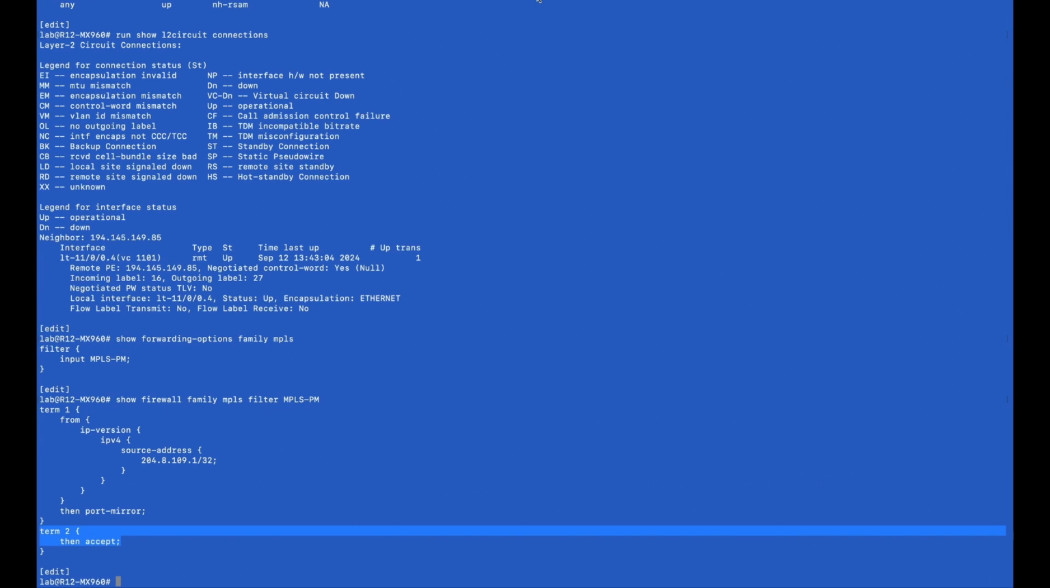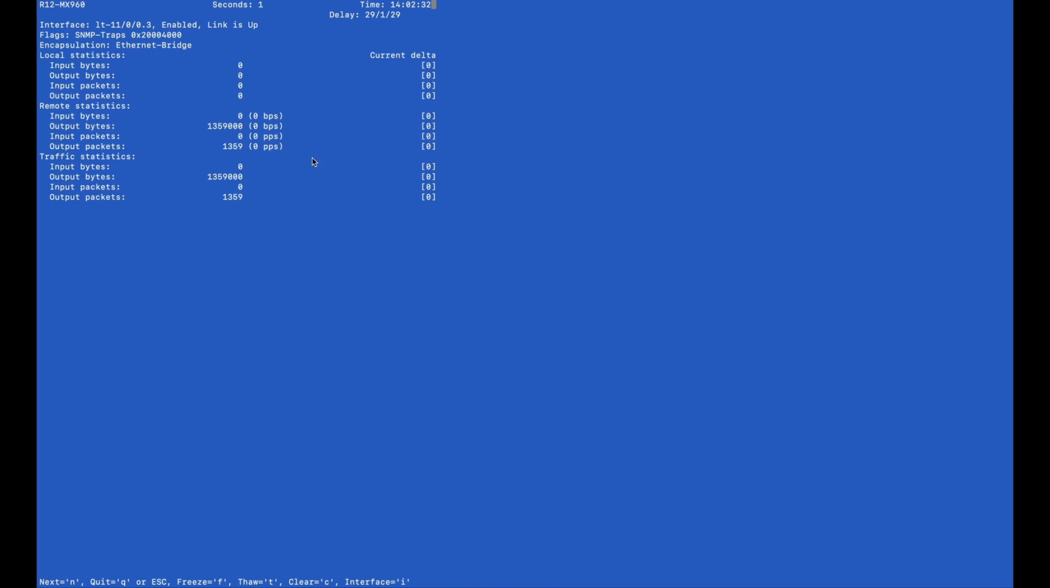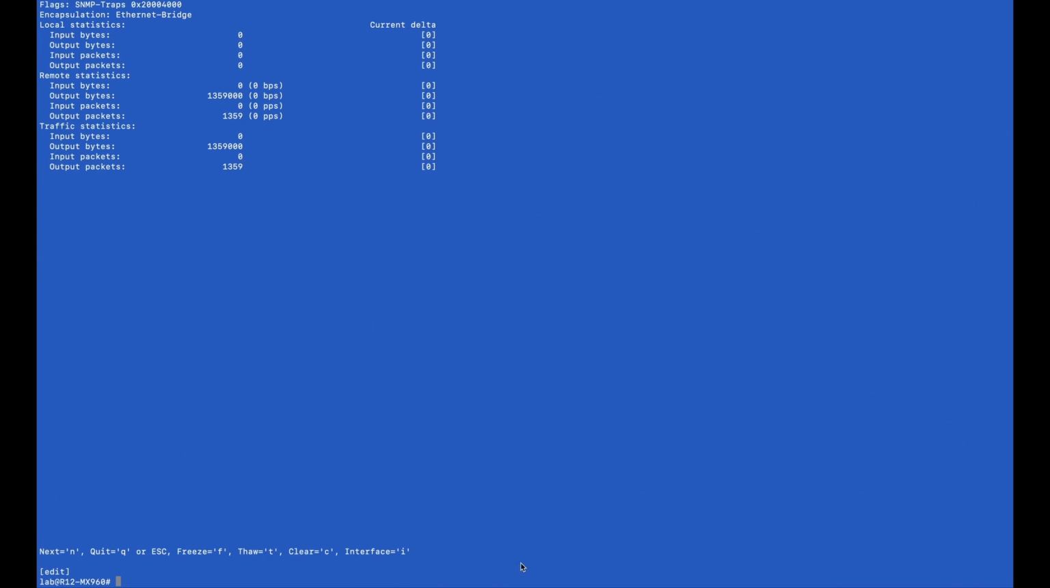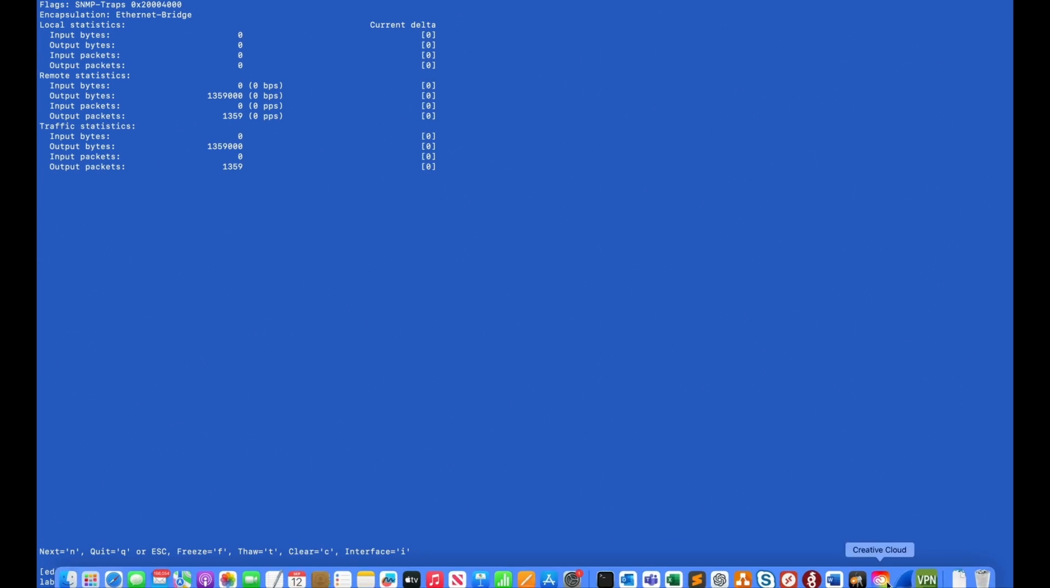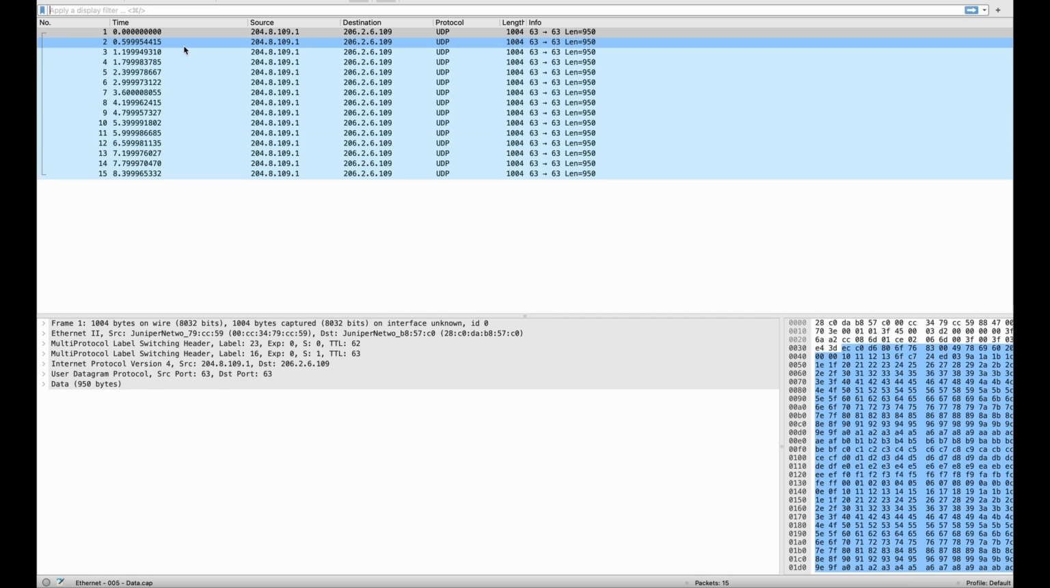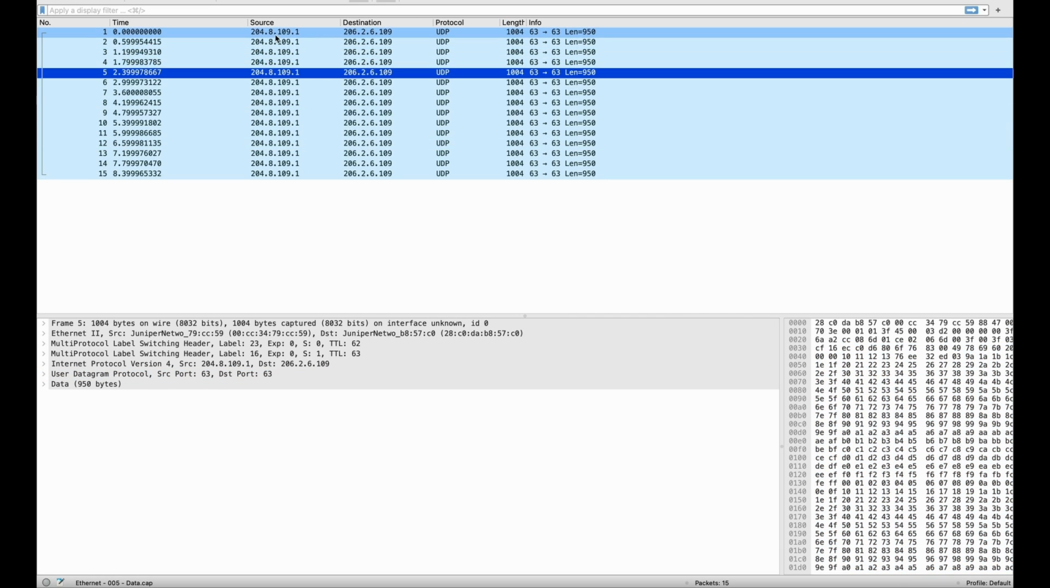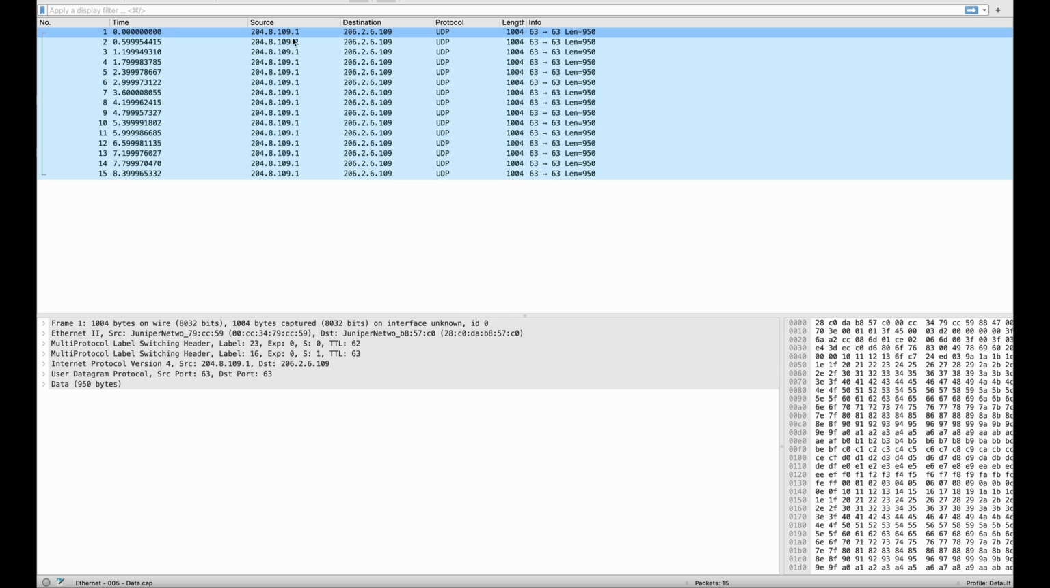Now we check that the mirroring is working fine. I am just going to run monitor interface LT 1100.3. I know the mirroring has to be sent out of 1100.3. So you can see that when the packets are running, they should go out of this interface. Normally there will be packets. I've already sent 1359 packets here. So we can just check the result on the collected Ixia packets here. And here you can see that we have the mirrored packets with all the source addresses of 109.1 and MPLS headers are all captured